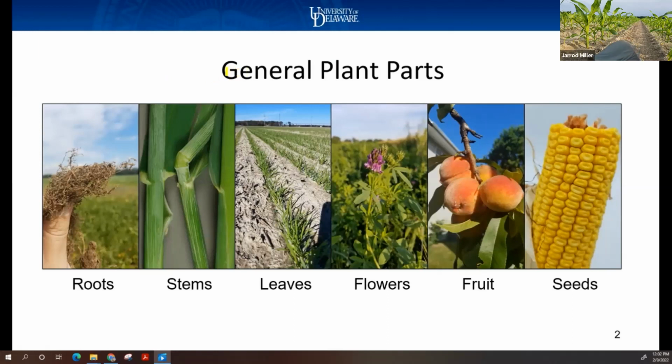So first we have to start off with some general plant parts. So roots. Then we also have, of course, the stems. You have to be able to recognize the stem. You're going to definitely see this with corn. You have to be able to tell the difference between a stem and then a leaf, because the leaf, you can see right here, the leaf where it attaches to the stem. Same thing with corn. Of course, your leaves, flowers, when the start of reproduction, the actual reproduction, the fruiting part,